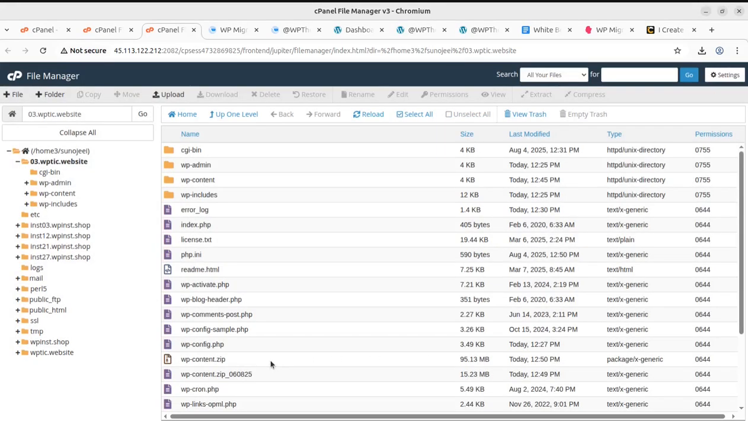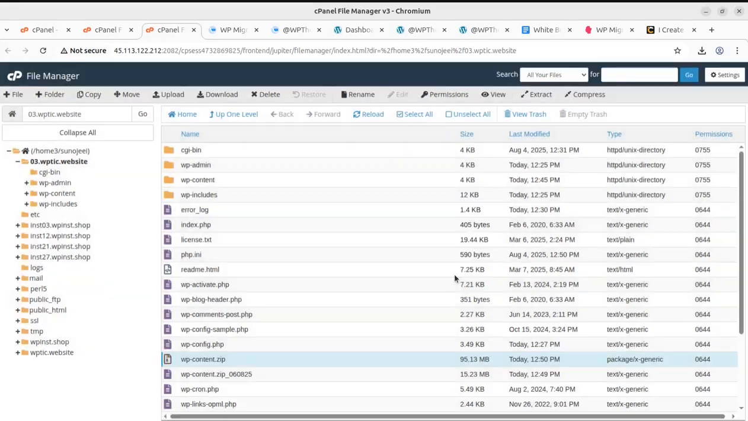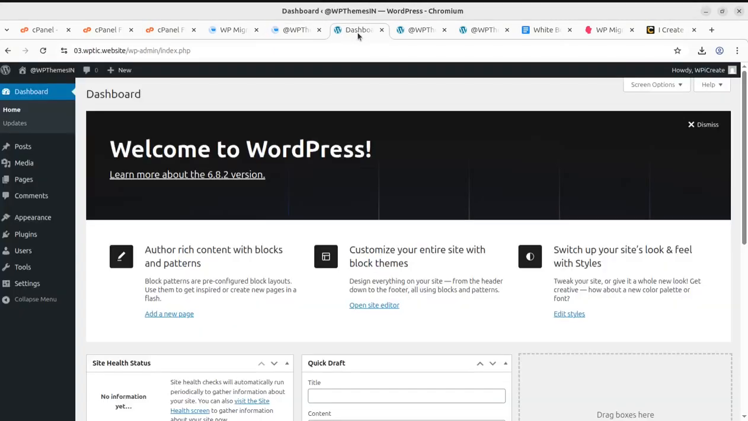Once extracted, just delete this uploaded one because we have already extracted it. Here is the WP content of domain 1, right? However, we have a backup, but yes, WP content of domain 1 is here. Now, this is the website,